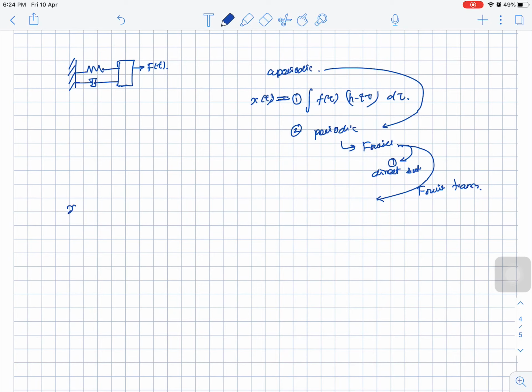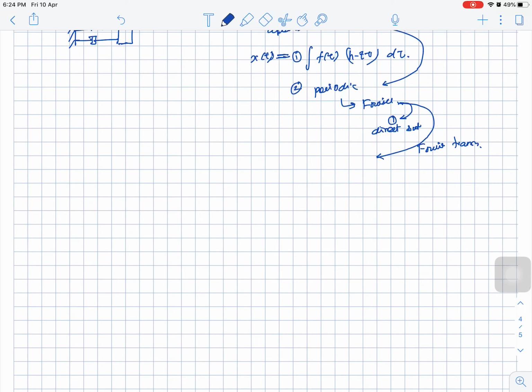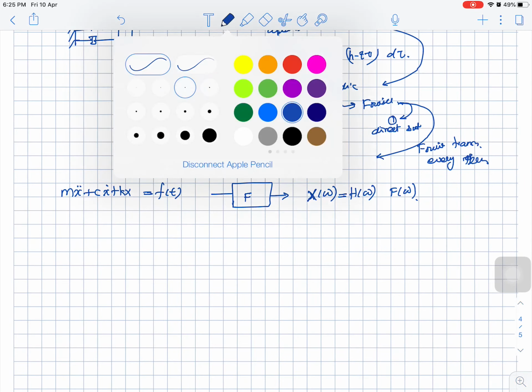So this x of t equal to, you take the Fourier transform of every term, which includes m x double dot plus c x dot plus k x equal to f of t. If you take the Fourier transform, then you will get x of omega equal to h of omega times f of omega. Whereas h of omega